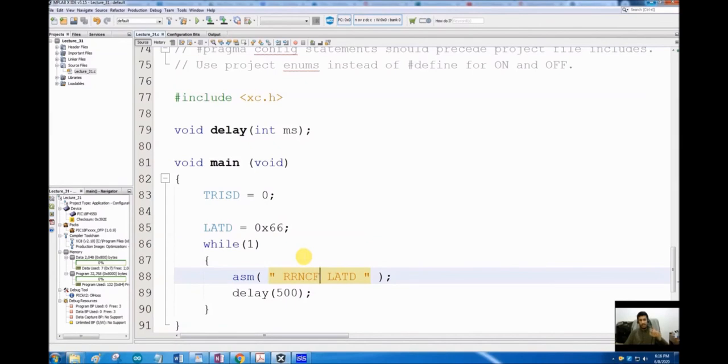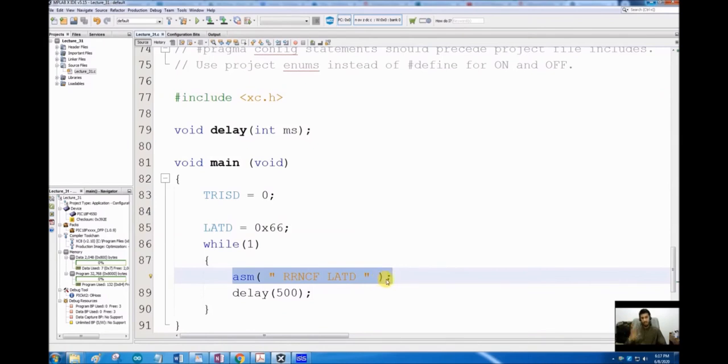And what will happen is my stepper motor will keep taking steps in one direction infinitely, and each 2 steps will have a delay of 500 milliseconds between them. So this is a very powerful tool that you can use: your assembly language instructions inside your C language code to make a very efficient code, because here we know that we can write only one assembly language command to